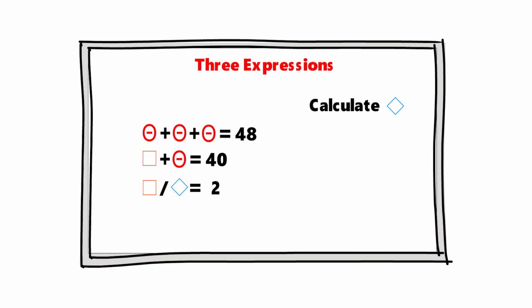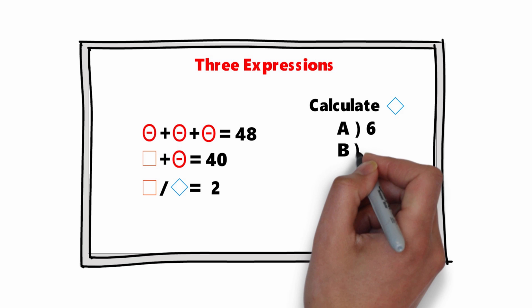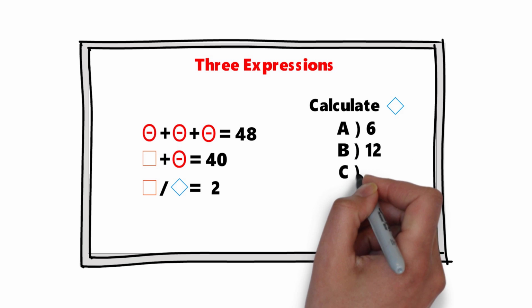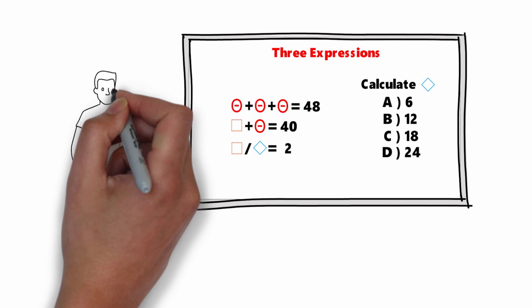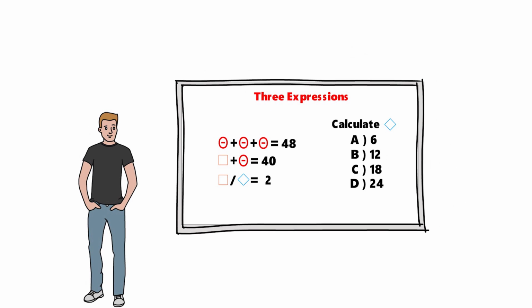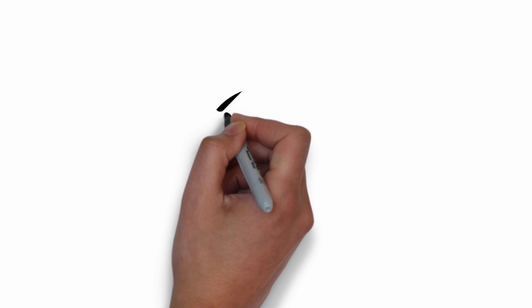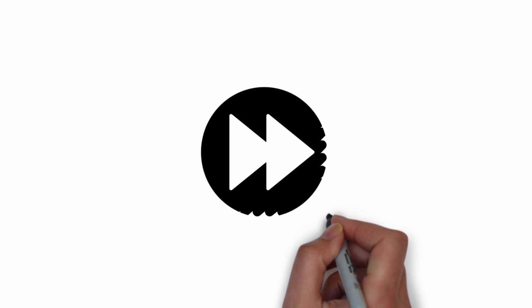You're presented with 4 different choices. Choice A, 6, Choice B, 12, Choice C, 18, and Choice D, 24. Can you do the math? Give yourself 10 to 15 seconds, maybe 20 to 30 seconds, depending on how quickly you are with the math. Ready or not, I am moving forward and going to reveal how to do the calculation and solve this